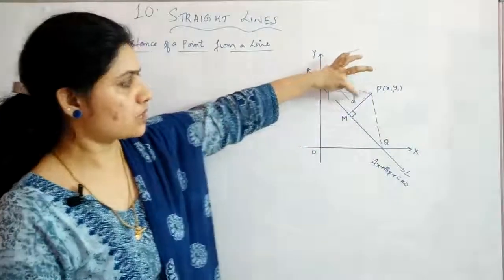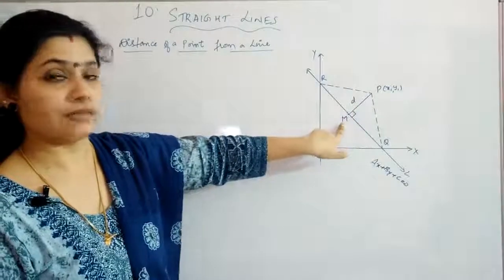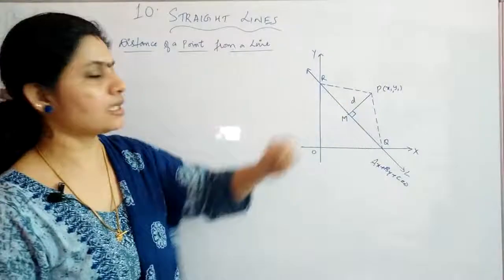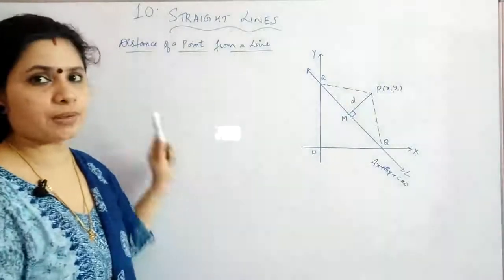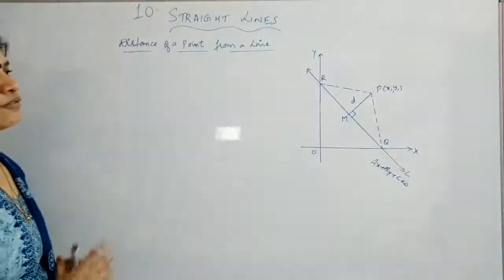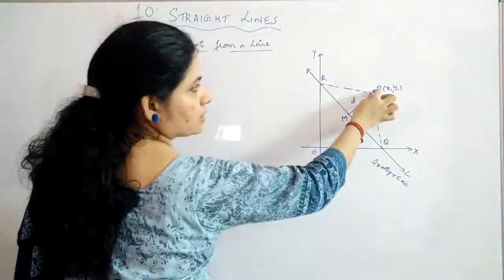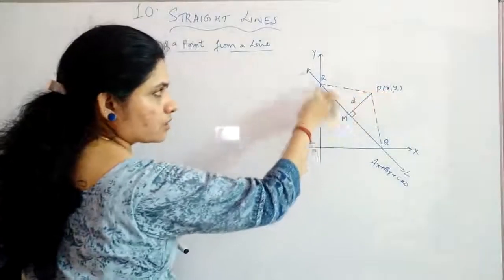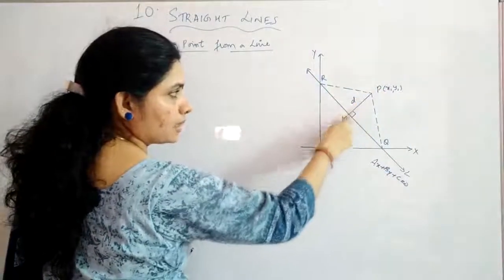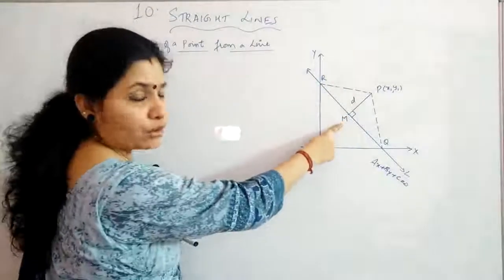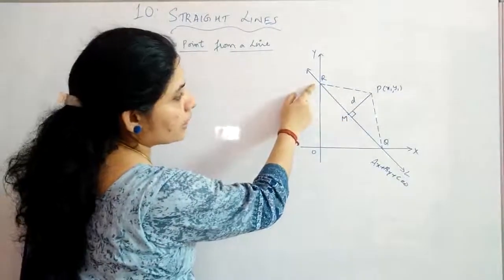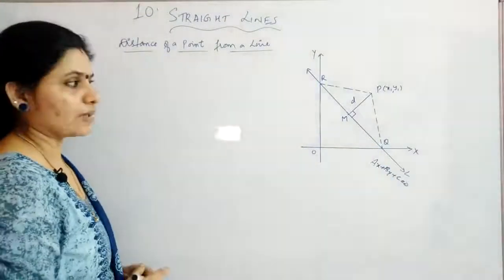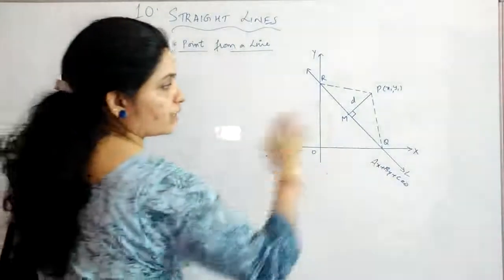So the distance between the line and the point, that is, in the figure you can say that is PM. You have to find out what is PM. We are just taking it as d. So that d is our purpose to find out here. Okay. For that, first we are just joining, that is, this is the point. From the point P, we have drawn a perpendicular onto the line, and that PM is meeting at M on the line, and the points where the line touches the X and Y axis have been taken as Q and R respectively. Now we will see what are these points.